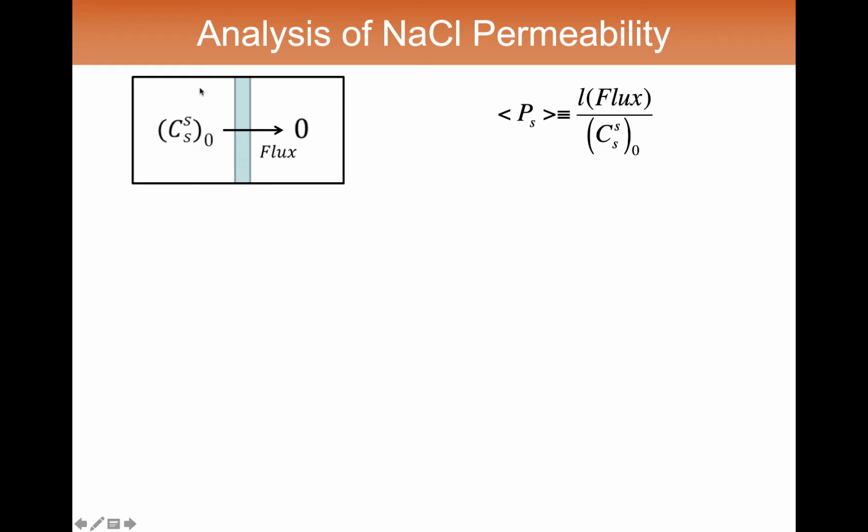That is, when we have a high salt concentration in the donor cell and a low salt concentration in the receiver cell, then the salt permeability, or the transport coefficient that the salt will experience as it goes from the high concentration side of this membrane to the low concentration side, will vary similarly by perhaps more than an order of magnitude. And this average salt permeability that we measure reflects the permeability coefficients that the salt sees as it goes